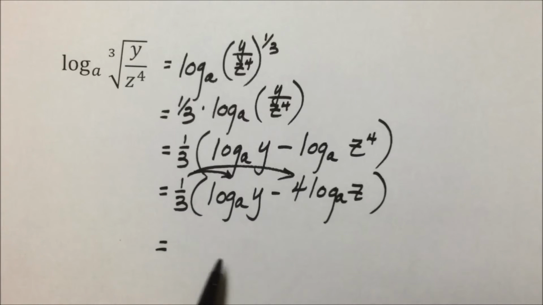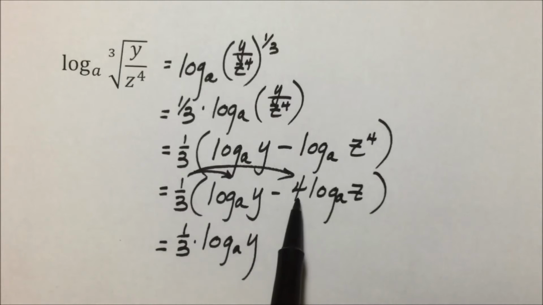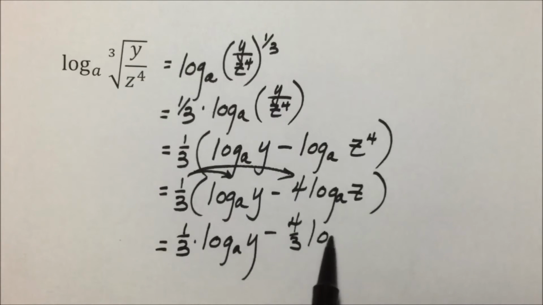So if we want to eliminate the parentheses, we'd have 1/3 times the first log. So we'd have 1/3 log base a of y, and then 1/3 times 4 would be negative 4/3 log base a of z. One last example, we have